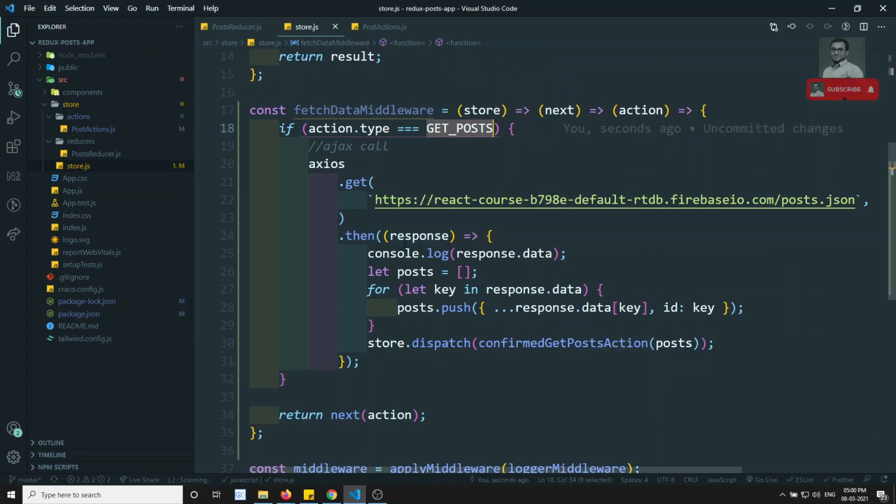Now this one is completed. Now we need to do it in the reducer.